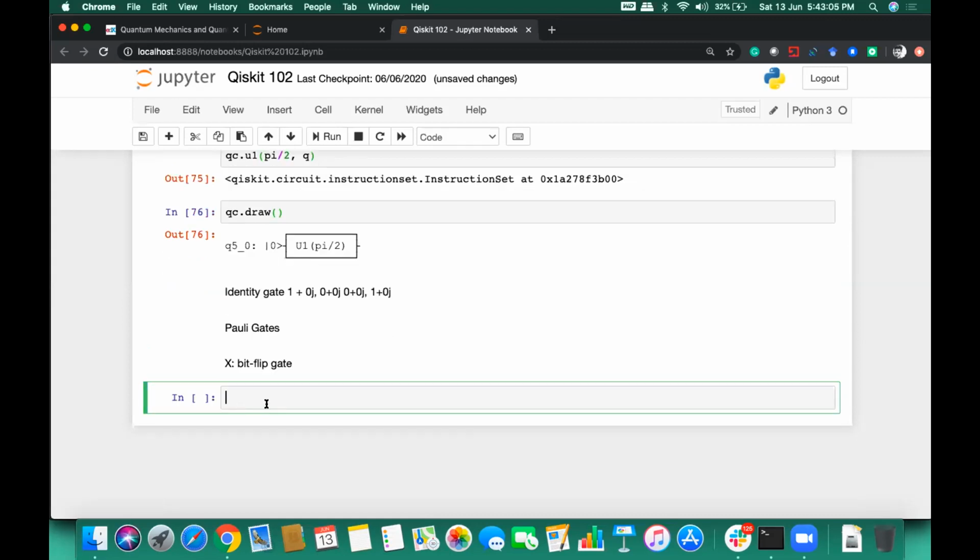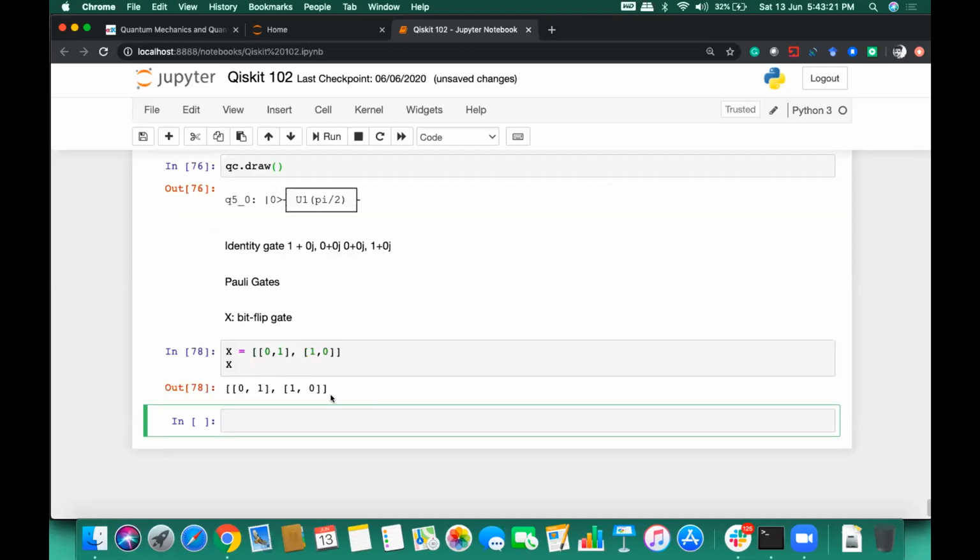Okay, so X can be defined as a matrix of 0, 1 and 1, 0. This whole matrix can be represented by the unitary operator, with the function U3 of theta value pi, phi value 0, and lambda again pi.